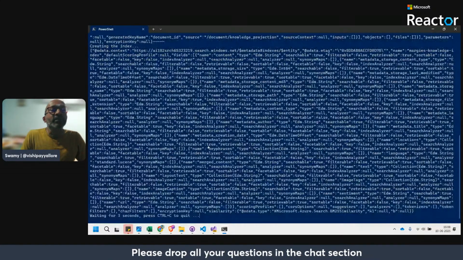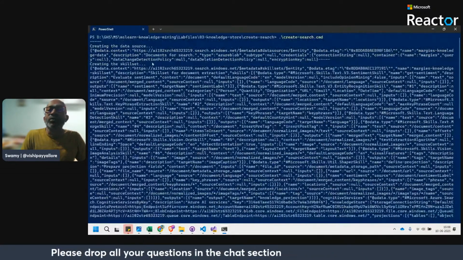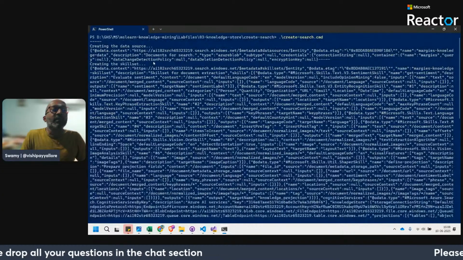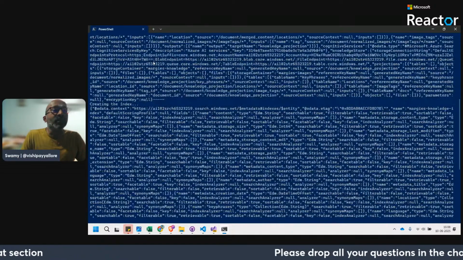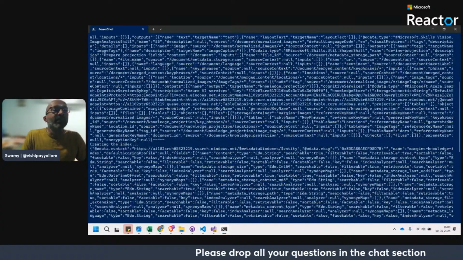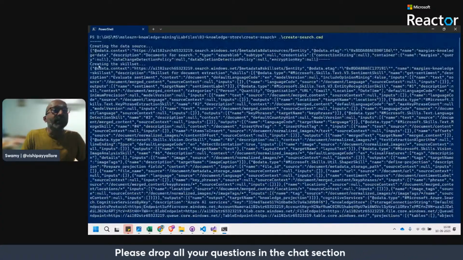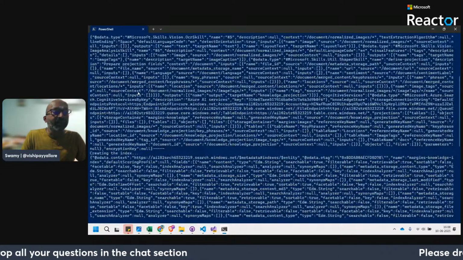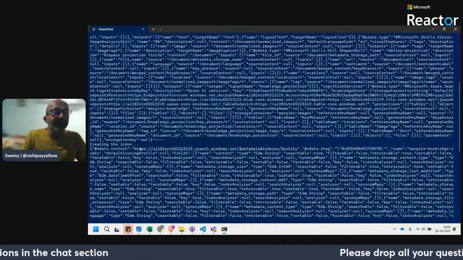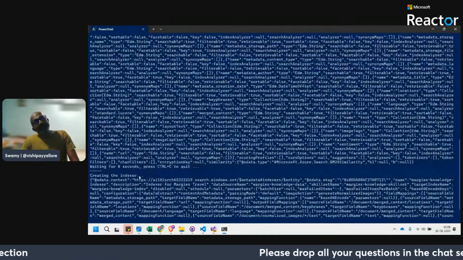And now let's see. Cool. There are no errors whatsoever. So it's creating the data source, creating the skill set, creating the index and creating the indexer. Oh, we were right.